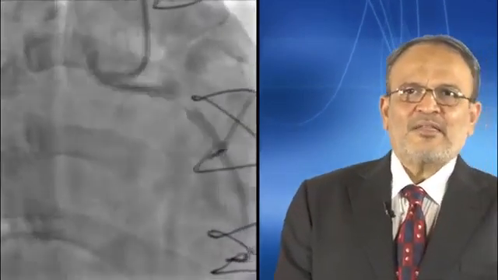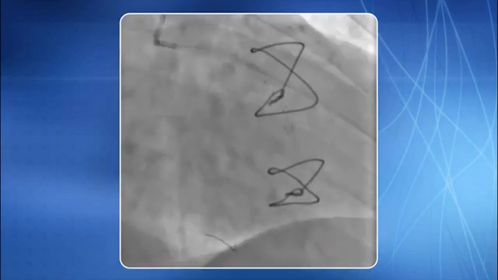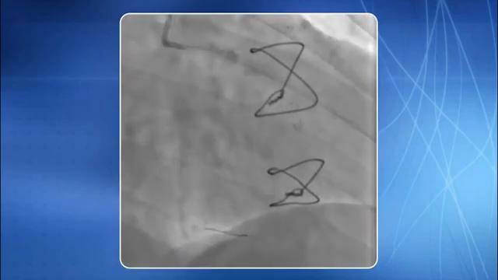This is an interesting case of two very tight lesions in the saphenous vein graft to PDA. The first lesion is in the proximal part and the second lesion is in the distal segment. A 6F AR1 guide catheter sat coaxially in the graft. Interestingly, the distal protection device was deployed in the middle part of the graft, equidistant from both the lesions. The reason for doing this was obvious. We were not able to negotiate the distal protection device distal to the second lesion.